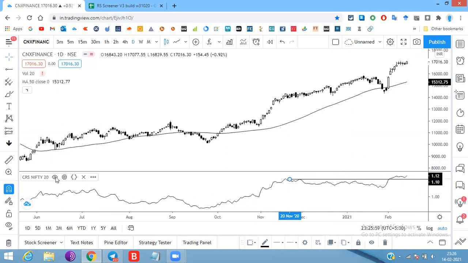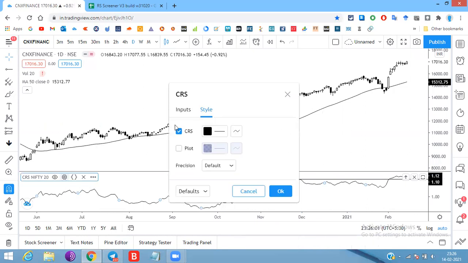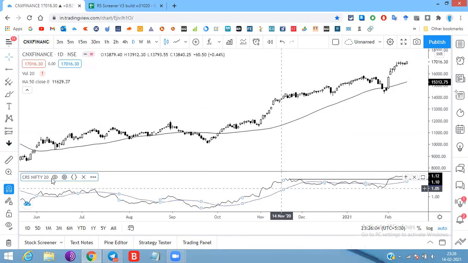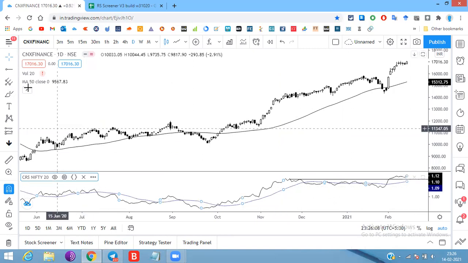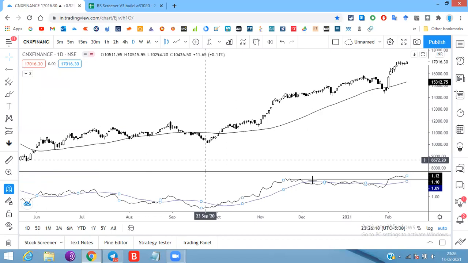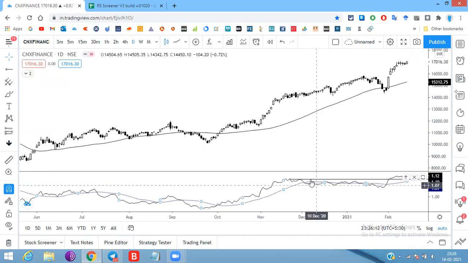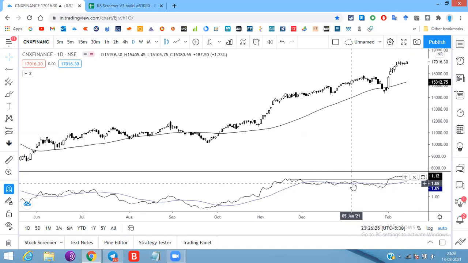Let me use the moving average also. In this case, the moving average is a simple moving average of 20 SMA. In the 20 SMA, as we can see, Nifty Financial Services was moving in a consolidation phase, and it was moving near its average. So here you can also say that there was a mean reversion.